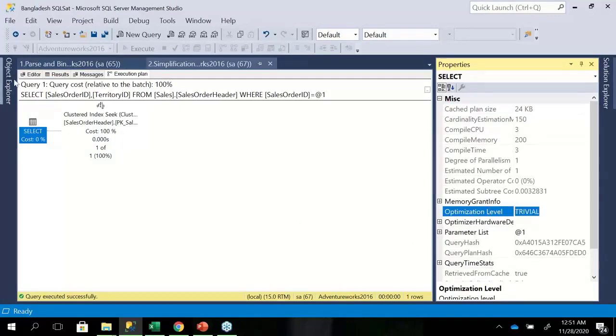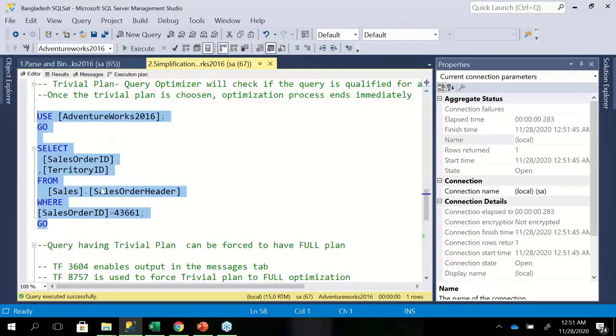It chose to be a trivial plan. SQL Server thought this query is very simple, and no matter how many times we execute it, that many times the trivial plans get generated, because for SQL Server it's so lightweight, it can create trivial plans on the fly. And these trivial plans are not saved inside the plan cache by default.